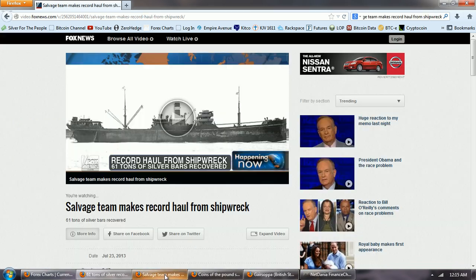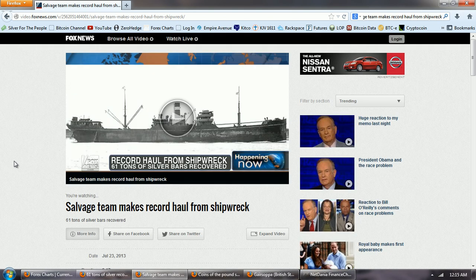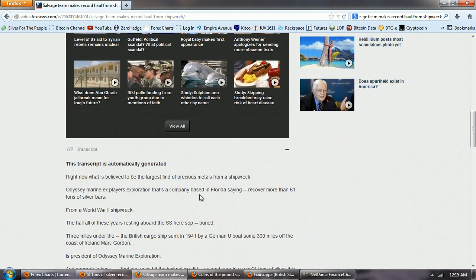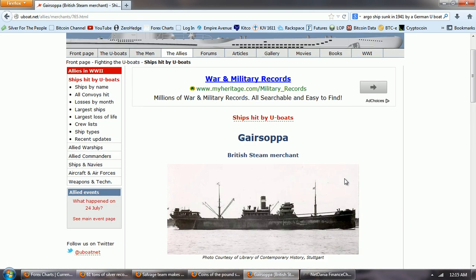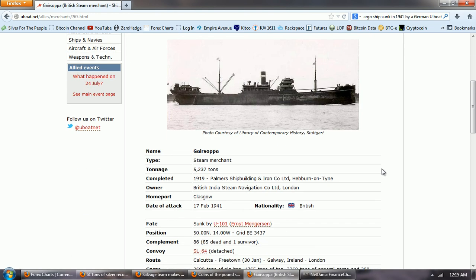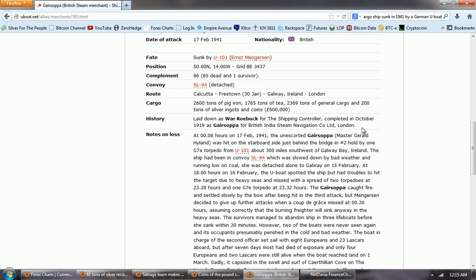And this links over to this Fox News story about this record haul from the Gersoppa. This is a ship that was sunk early in World War II, and we can see that it was coming from India. It was British India Steam Navigation going to London. It was sunk off the coast of Ireland. We can see here's the cargo: pig iron, tea, general cargo, and 200 tons of silver ingots and coins,